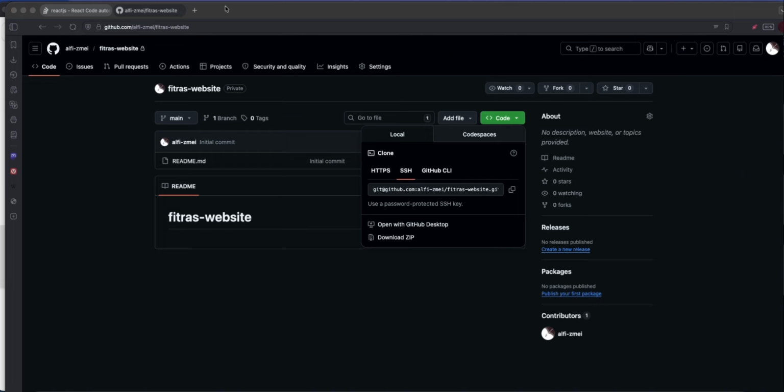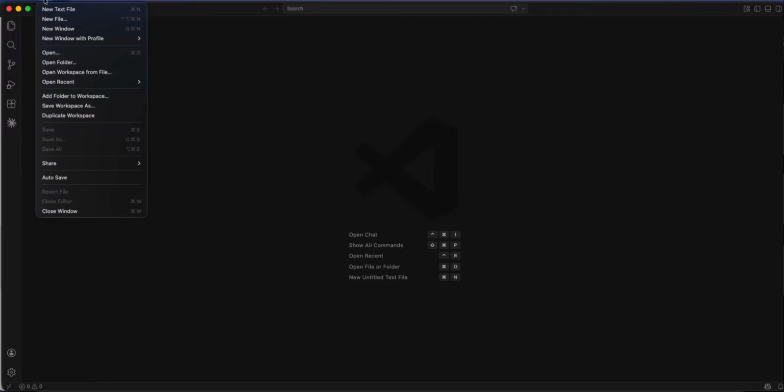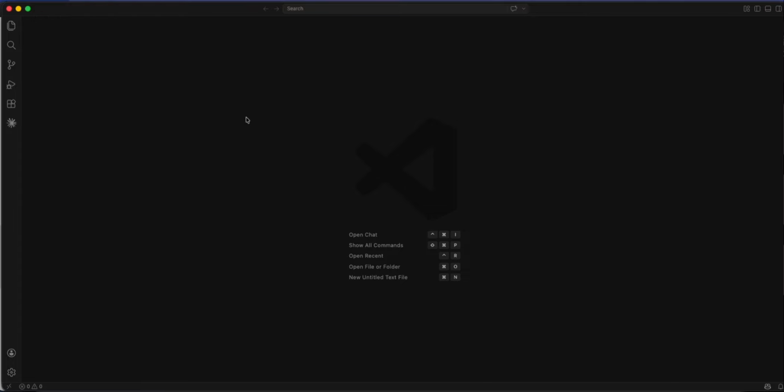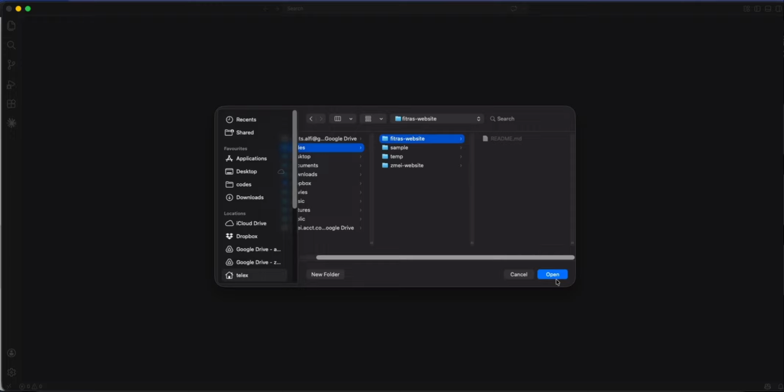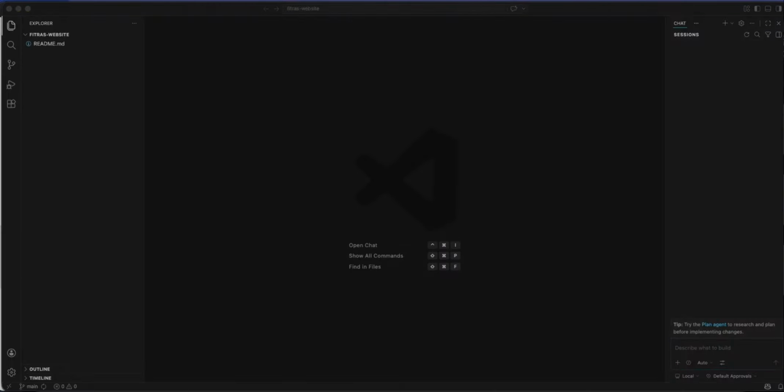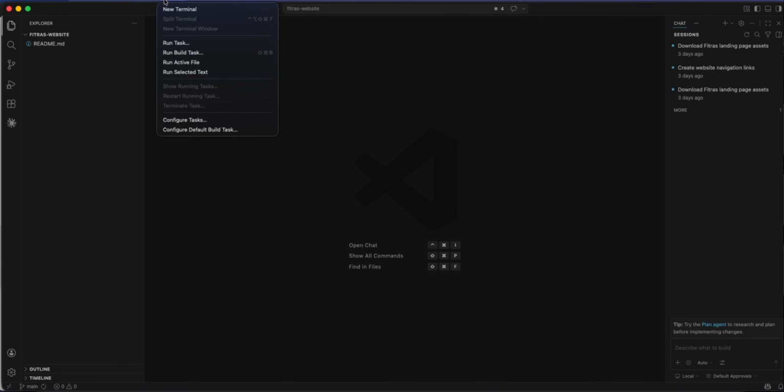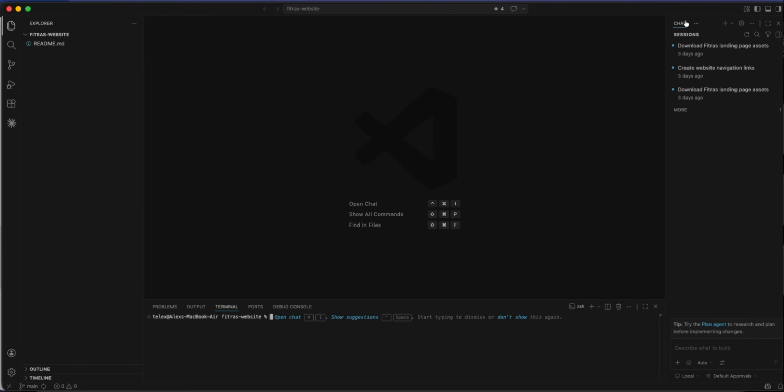Now we should have an empty repository. So now if you open, I have a repository here. Perfect. I'm going to start a terminal, and I'm going to say npx